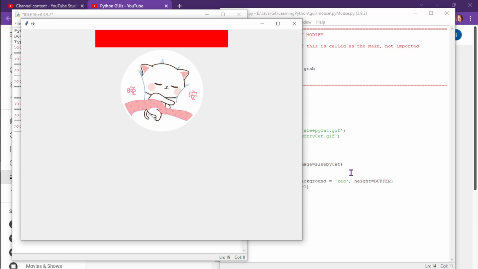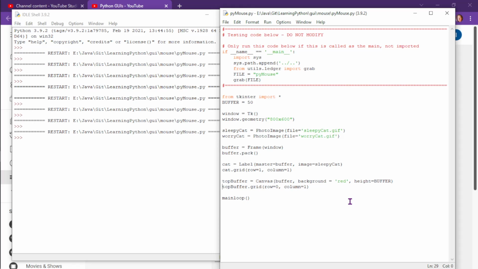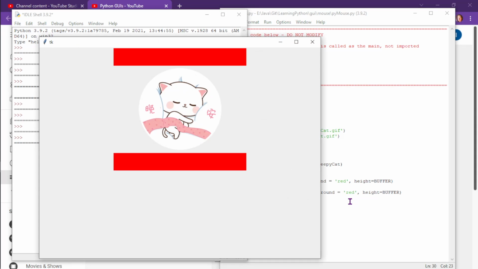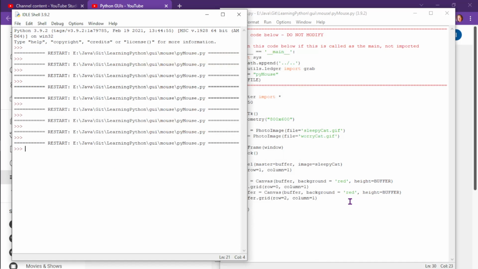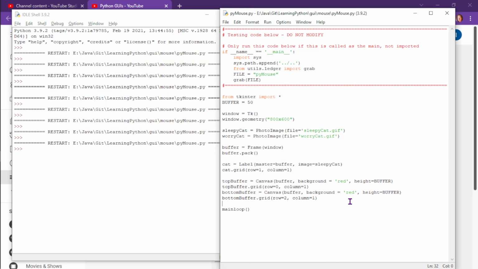Okay, so that's better. We have this buffer on top, and we can create this buffer all the way around. So let's do the same sort of thing here. We'll create the bottom buffer. This is not going to be row 1, this is going to be row 2, 0, 1, 2, and that should be good. Yeah, so we have a buffer on either side, and now we're going to make